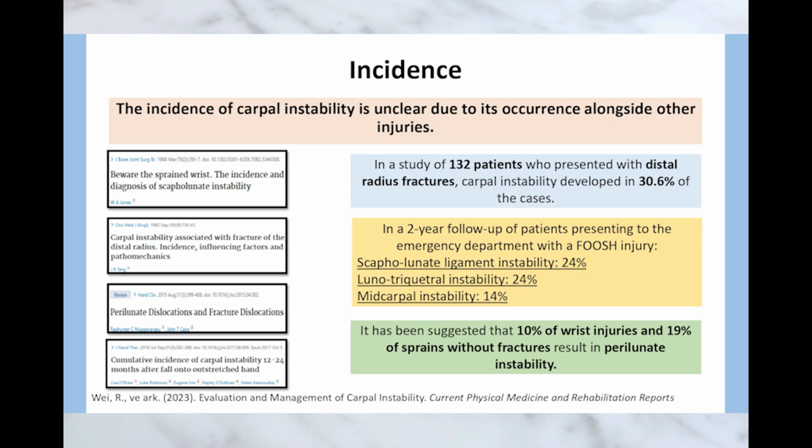Yeah, and it's not just falls either. Even with general wrist trauma, you see about 10% leading to perilunate instability, which is where some of those carpal bones dislocate around the lunate bone. And what's interesting is that number goes up to 19% in wrist sprains where there isn't a fracture. So it suggests that those ligament injuries alone can cause a lot of these instability problems. Hmm. Okay, so it's definitely more common than you might think.